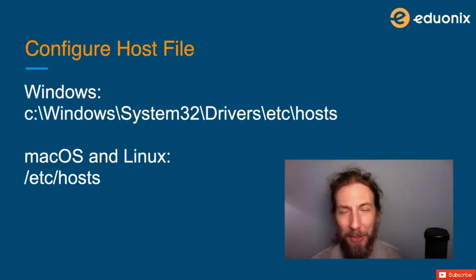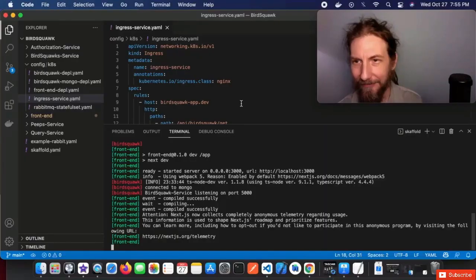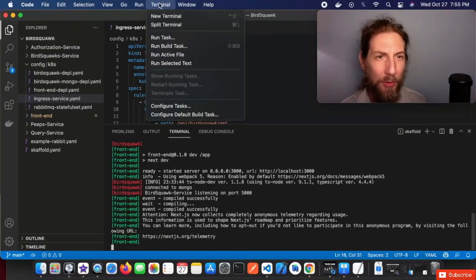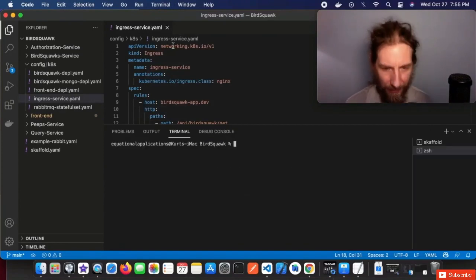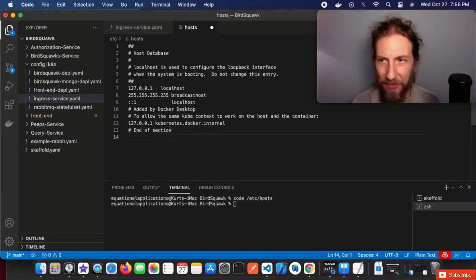In Windows, make sure you open your text editor with administrator permissions. In Mac and iOS, you can enter your password. I'm on Mac OS, so I'm going to open a new terminal and use the command code /etc/hosts. At the end of the hosts file, I add the following entry: